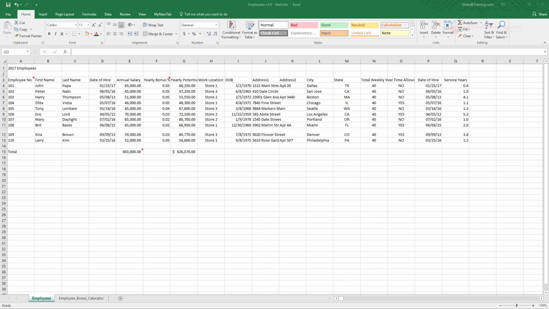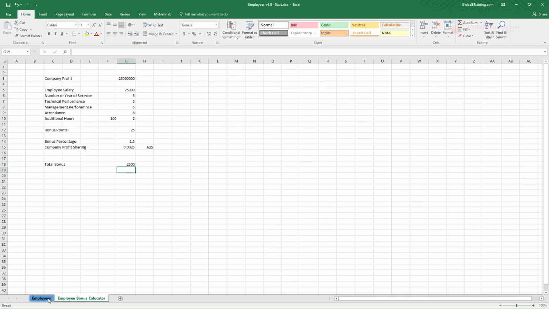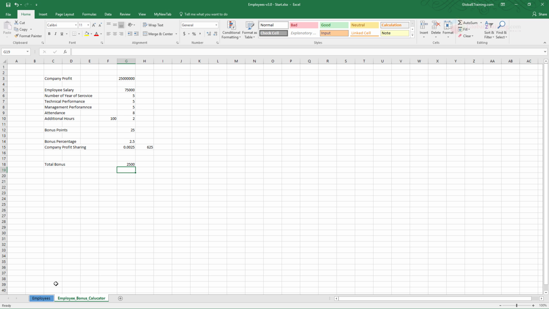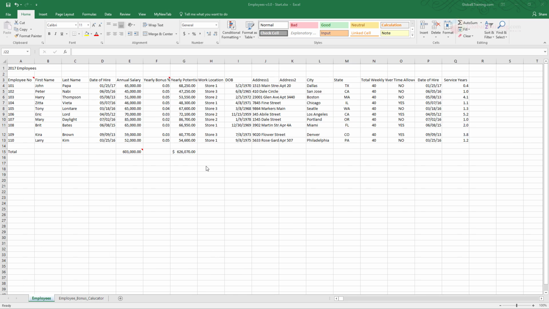Here is the employees version 3 workbook. We have two worksheets here. One is employees and the other is employee bonus calculator. The text as of now is completely plain, no formatting whatsoever, and we will enhance these two worksheets by applying different kinds of formatting. When it comes to font, it's always personal choice when it comes to size or type